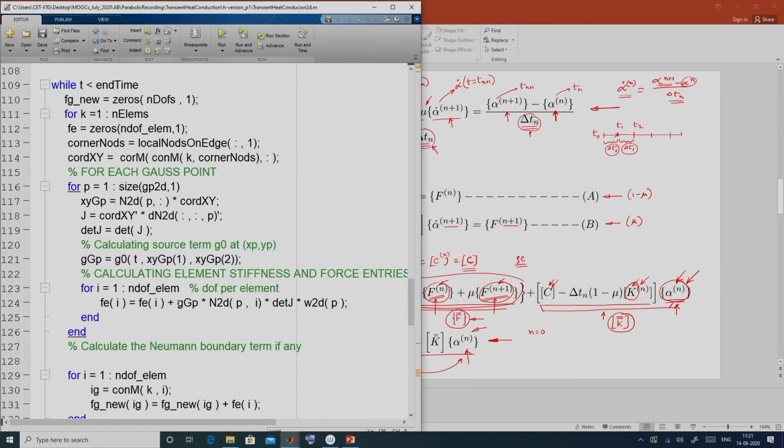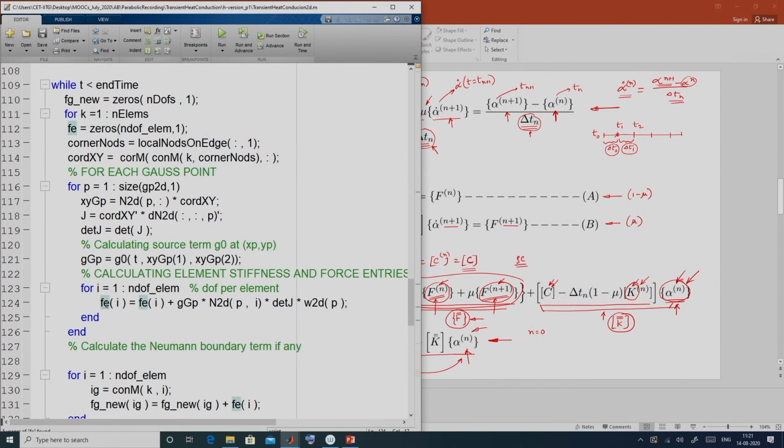So this is R, this is phi I, the ith function, and this is the determinant of J that came because of the mapping, times the weight corresponding to that Gauss point P. This is exactly what we are doing for numerical calculation of Fe.